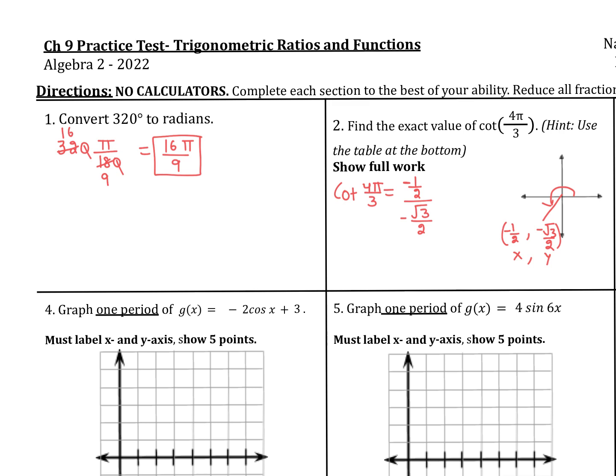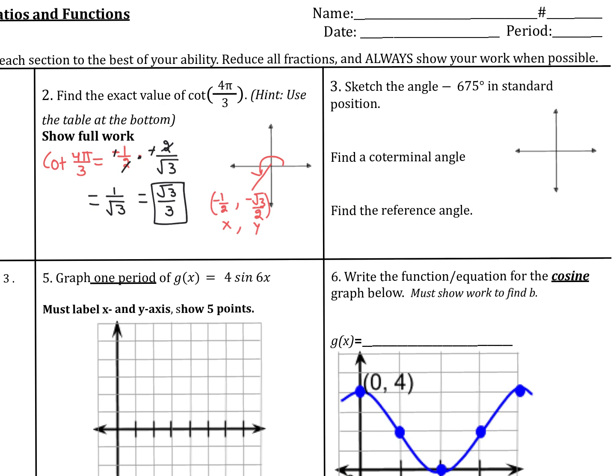You can change this division into multiplication and flip square root 3 over 2 to 2 over square root 3. 2 and 2 cancel, negative and negative cancel. This is 1 over square root 3. Whenever you have 1 over a square root, to rationalize, put the square root on top and bottom, so the bottom number would be without the square root. For number 3, to sketch negative 675